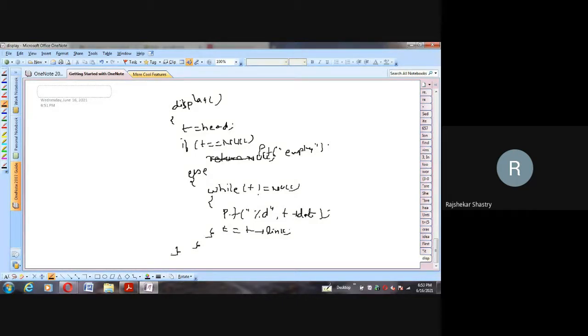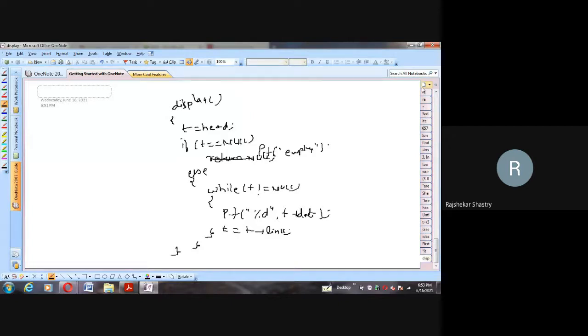The best case is if the linked list is null, then we simply display empty. Otherwise we have to travel, starting from the first node to the last node until reaching null. Every time, the data of the node where you are standing has to be displayed, and then we move our pointer forward to the next node. So that's the display method. With this, the single linked list is finished.